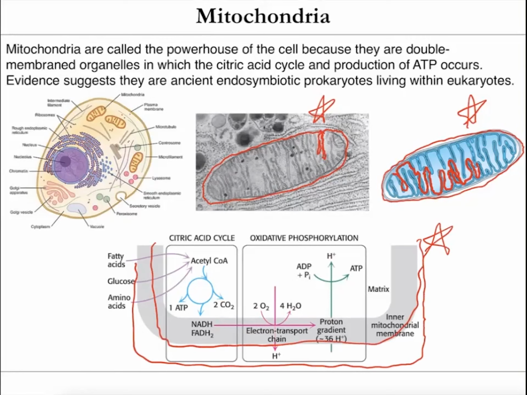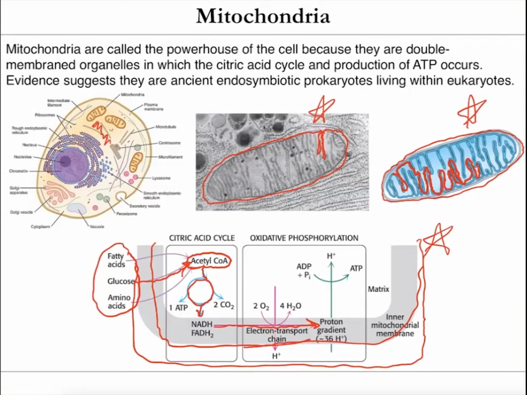Your body takes in fatty acids, glucose, and amino acids, and through a process that occurs in the cytosol of the cell, so outside of the mitochondria, it turns these into acetyl-CoA. Well, actually, there's a little caveat to that, but basically acetyl-CoA is the starting point, and that gets into the mitochondria, and then that enters the citric acid cycle, and the electrons are taken off that acetyl-CoA, and that provides energy to power something called the electron transport chain.